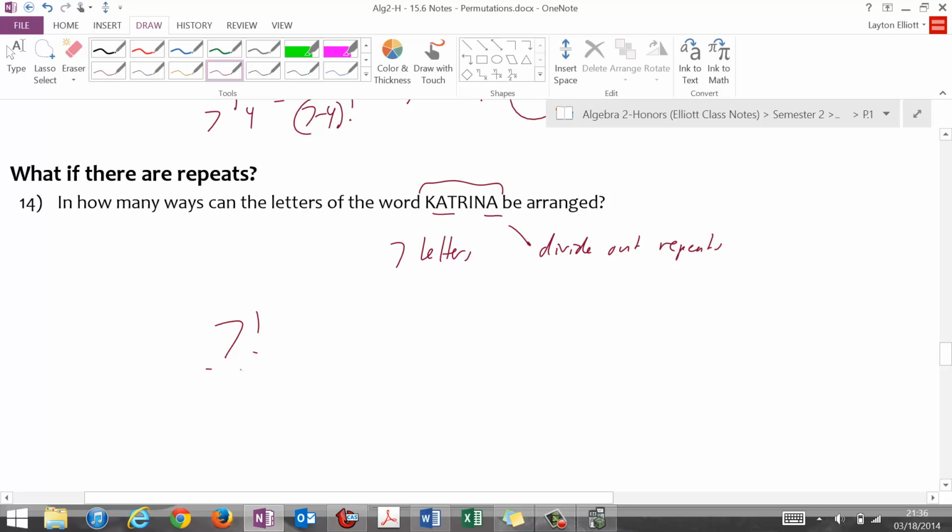So I'm going to take 7 factorial, for the 7 letters, and then look at how many A's there are. There are 2 A's, and that means that every time those A's could have swapped places, that's actually the same possibility. And the A's can swap places 2 factorial times. So we basically cut all the possibilities in half. And instead of 5040, we're going to end up with 2520